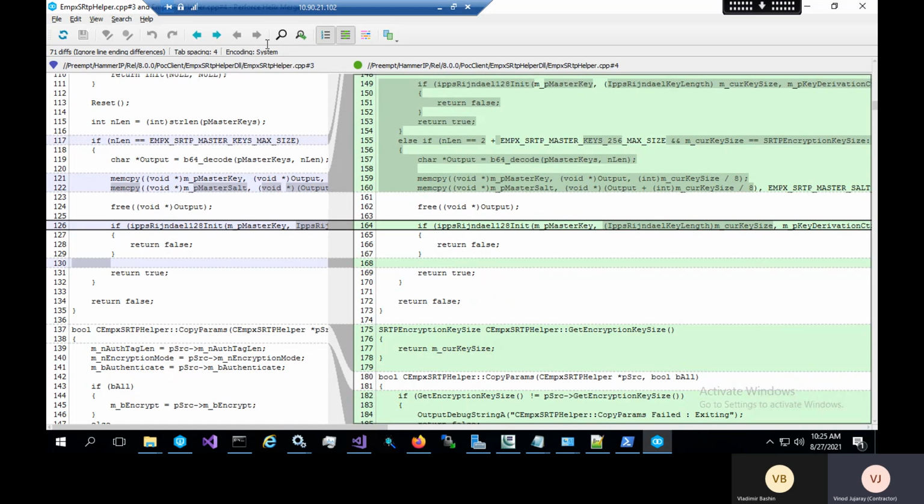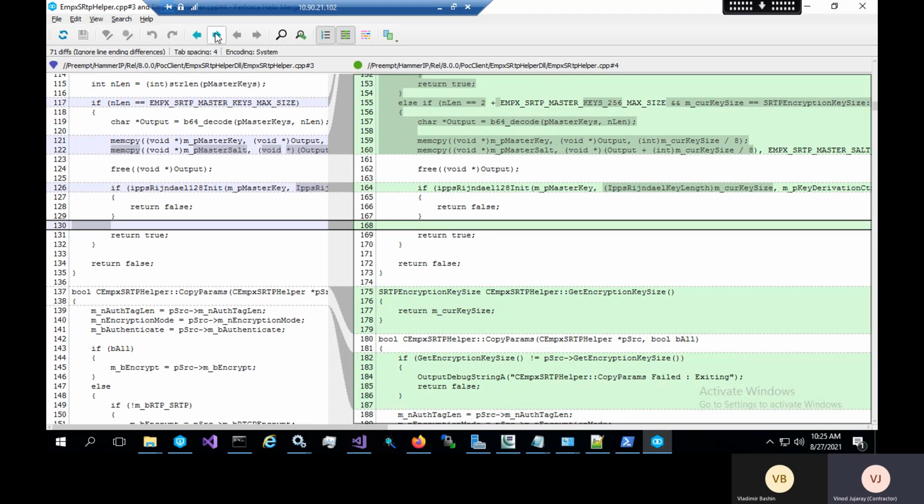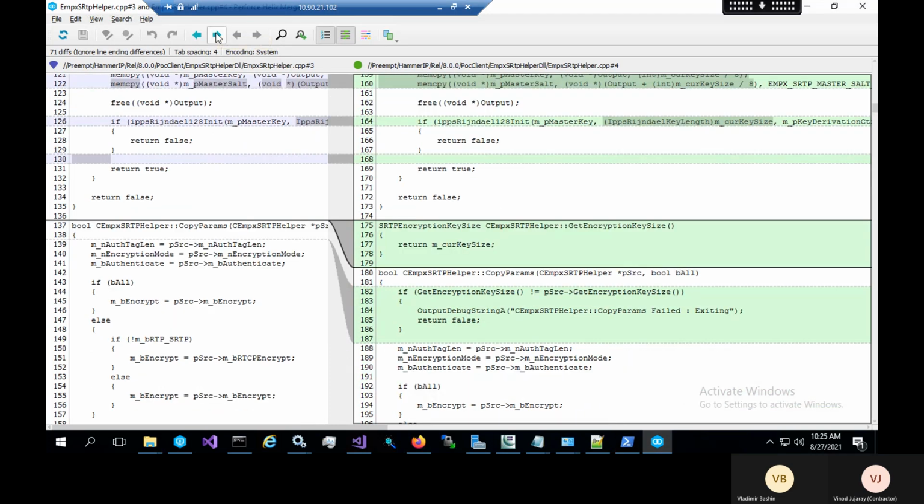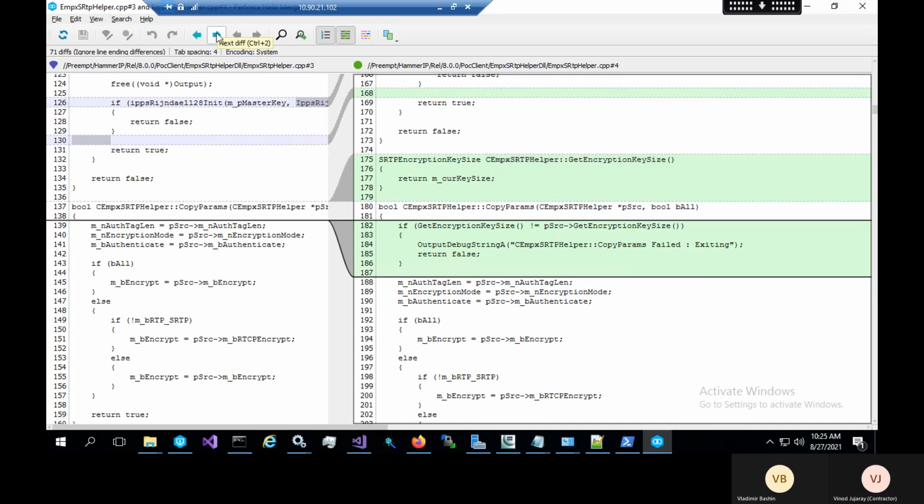This is also over, right? Copy params is done, and then